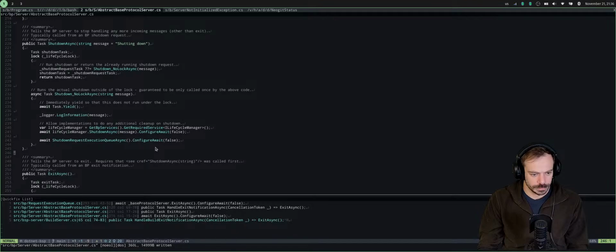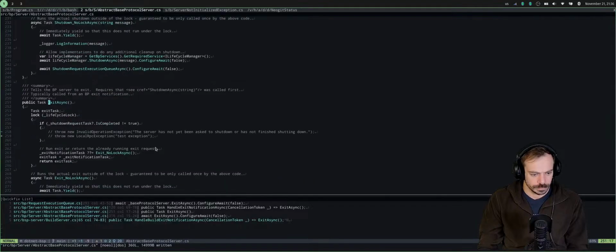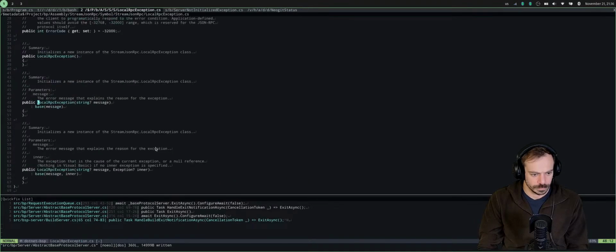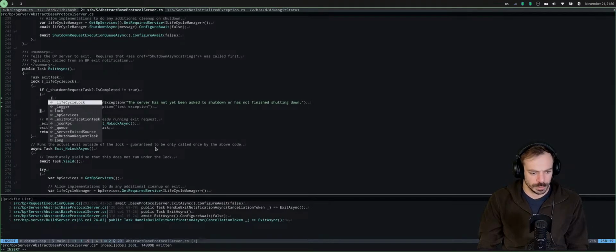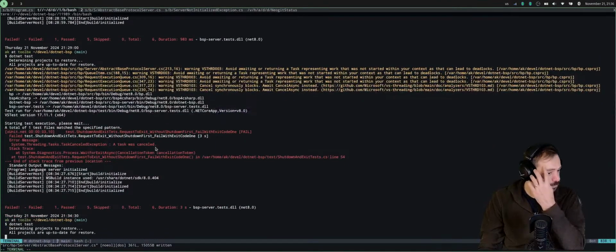Down triggered. This one, and log the information. Just again this test exception. Anything that you can see in the logs.